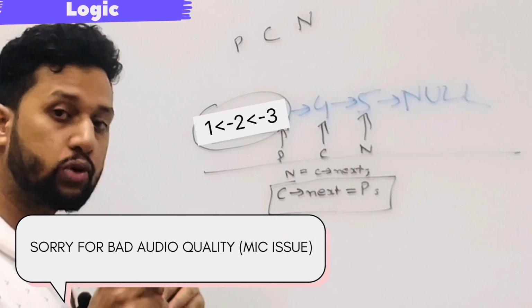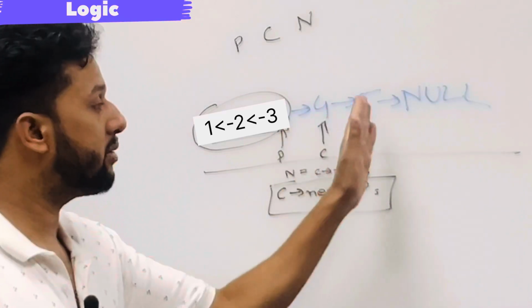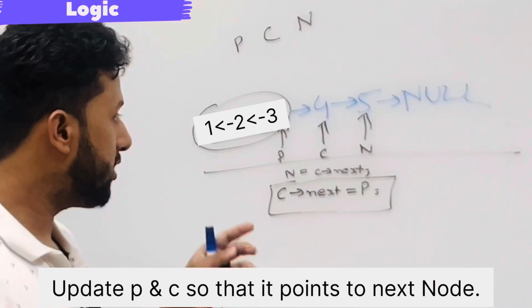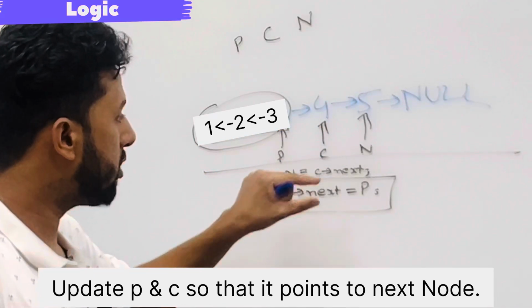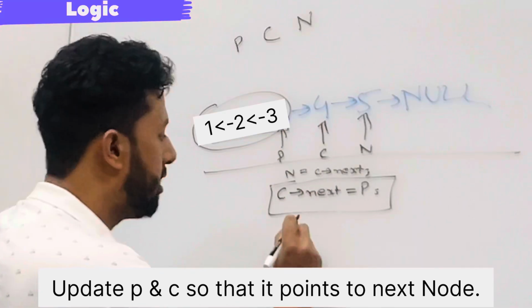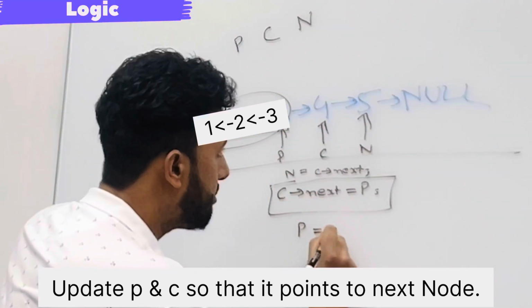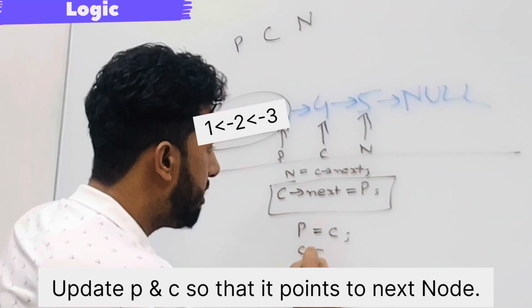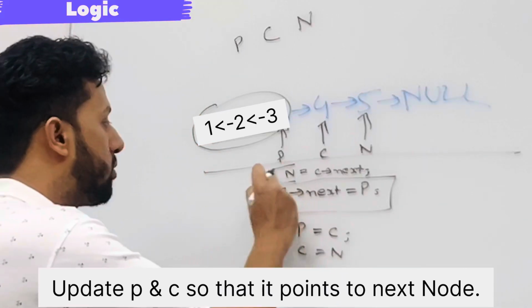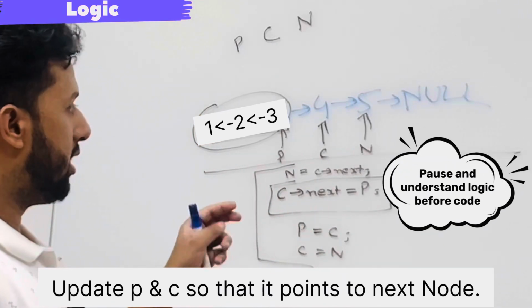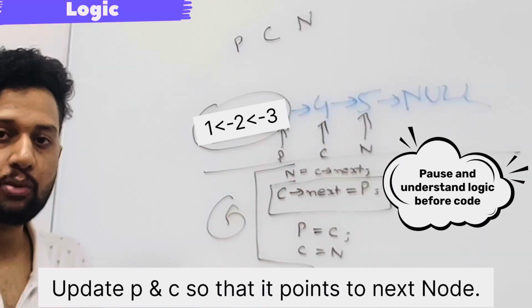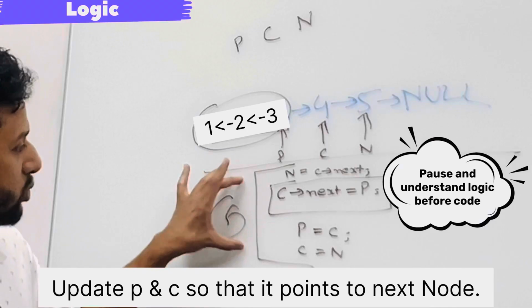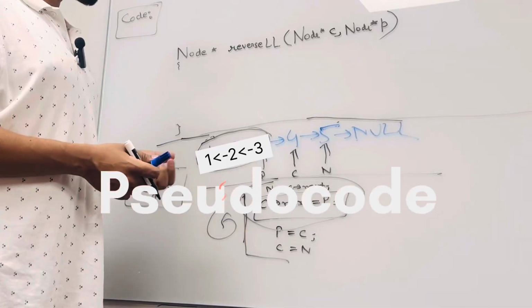So after this, we have to do the same thing for the further elements in the linked list. As we move forward, we have to change these pointers also, right? So our previous will become current and current will become next. So this is our main logic, and this we have to do recursively for all the nodes. Next we will proceed to write a pseudocode and we will use the same logic. So now we will write a pseudocode.